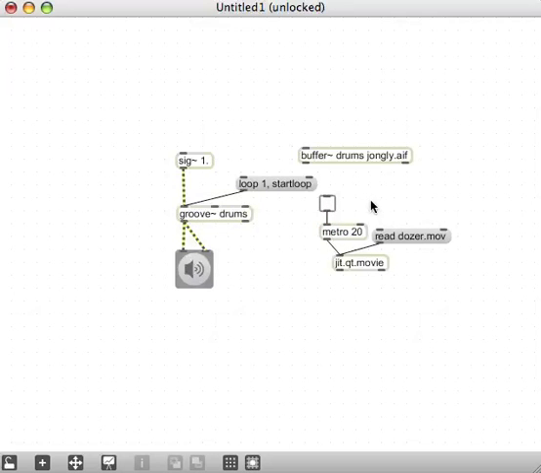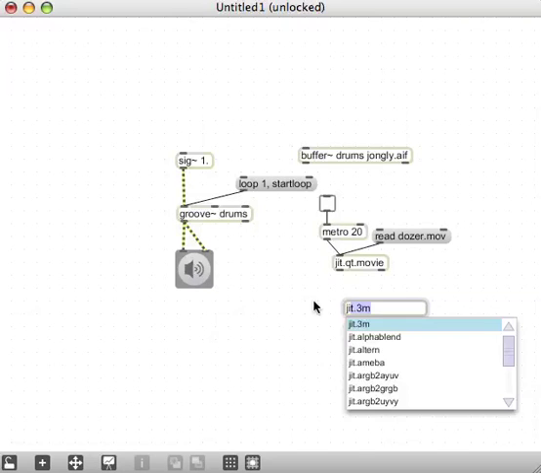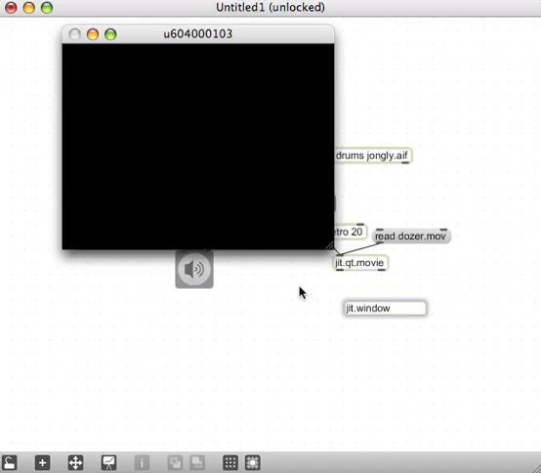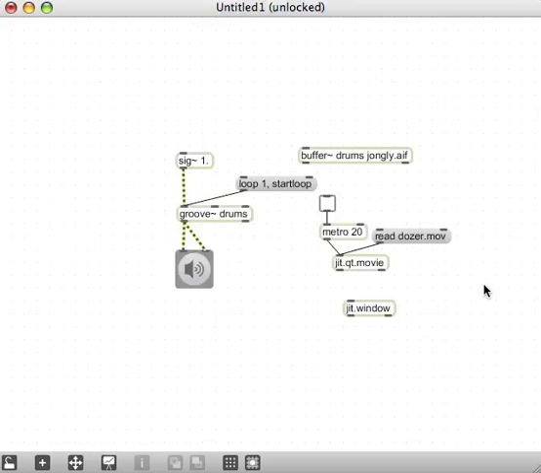One more thing I'll need to actually see this video playback is a window of some sort. So I'm going to make a new object and type in jit.window, which we saw in tutorial 3 again. And as soon as we create that object, up pops our new jit.window. I'm going to connect the outlet of my jit.qt.movie to the inlet of my jit.window, and